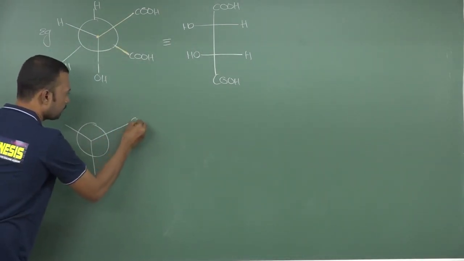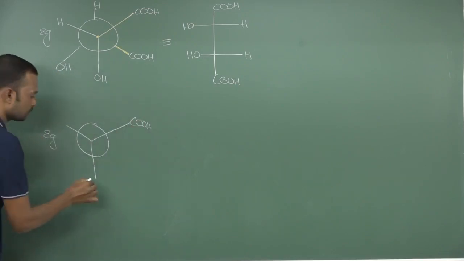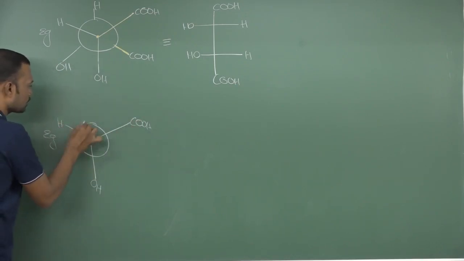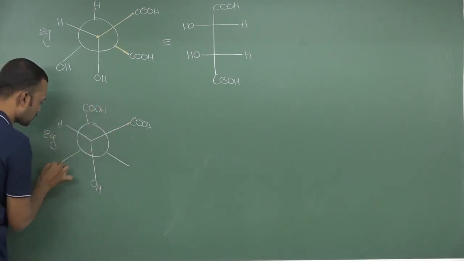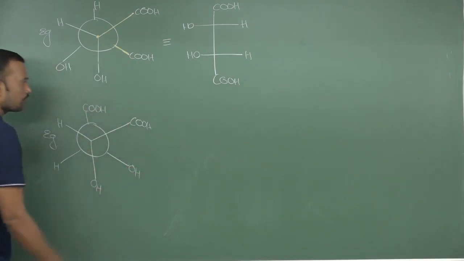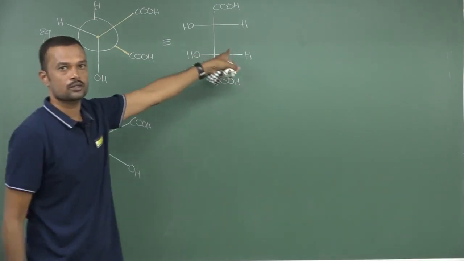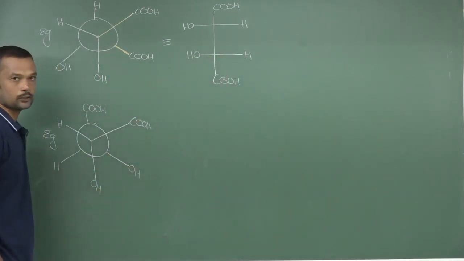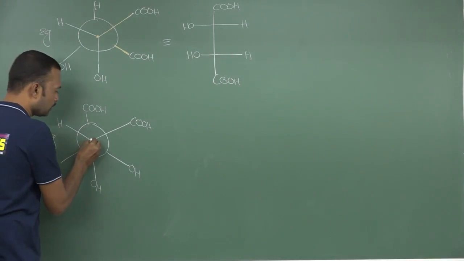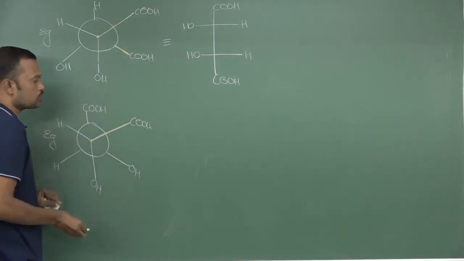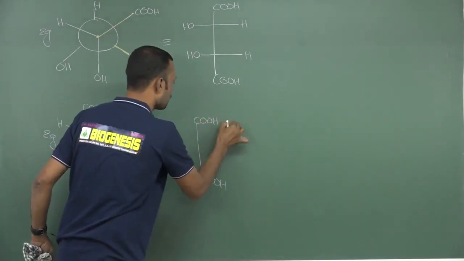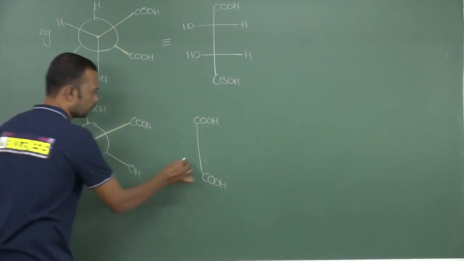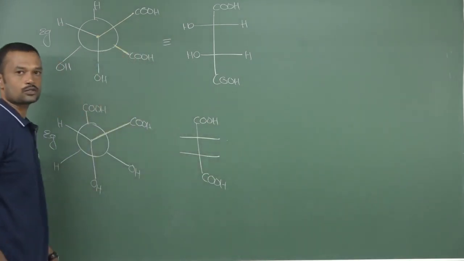Okay, see here, this is carboxylic acid, just OH and here H. Next, this is carboxylic acid H, and this is OH. Say whether it is meso or active. Is it meso or not? Yes, it is meso. Now is it meso or active? See, identify the terminal. This is the terminal, it is also terminal. Okay, first you write down the terminals, carboxylic acid, carboxylic acid. This is front carbon. You write down the chiral centers, cross sections.